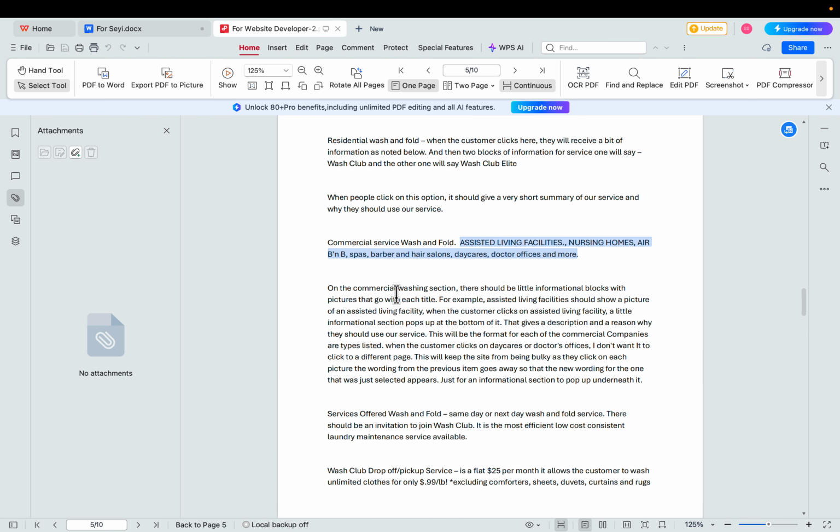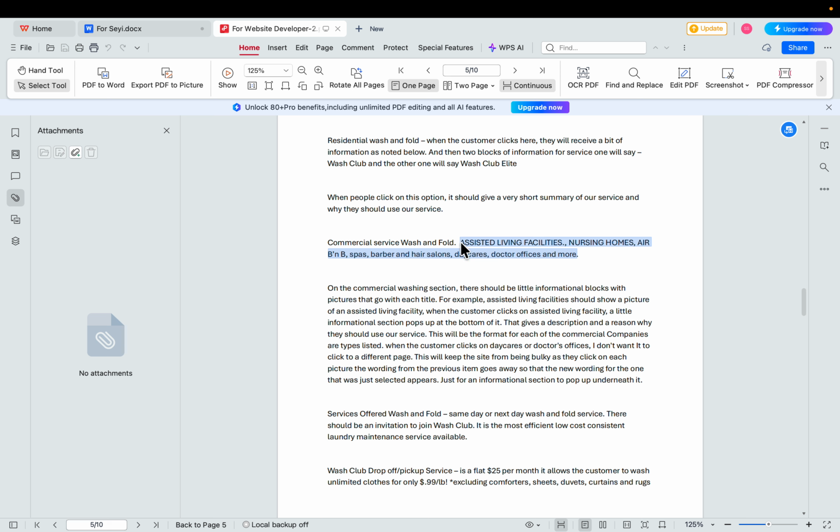So on the commercial washing section, there should be little information blocks with pictures that go with each title. For example, assisted living facility should show a picture of an assisted living facility. When the customer clicks on it, a little information section should pop up at the bottom that gives a description and a reason why they should use our service. This will be the format for each commercial type listed.